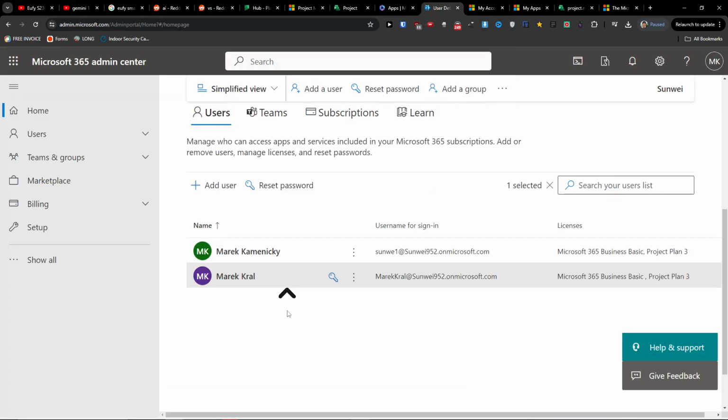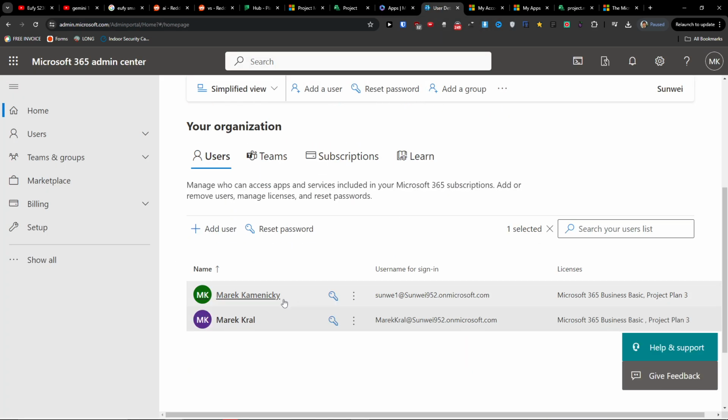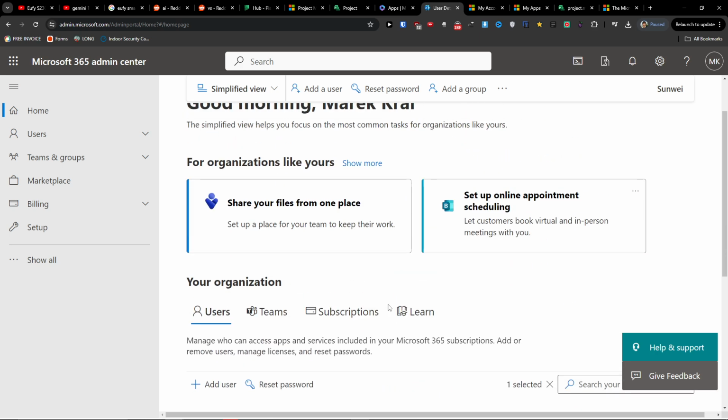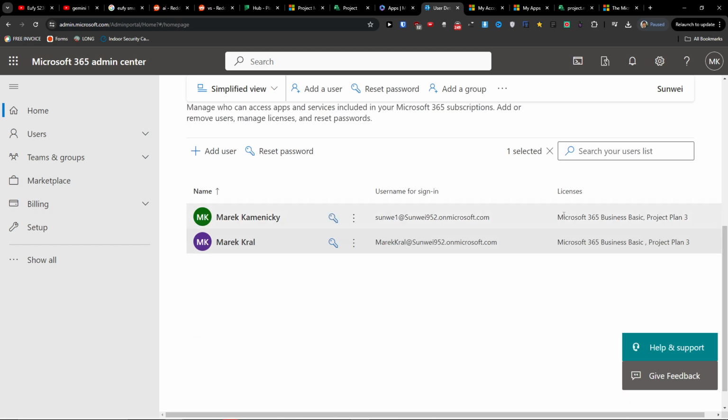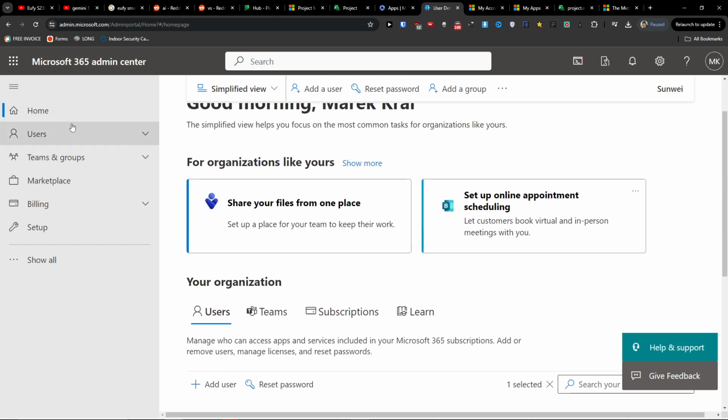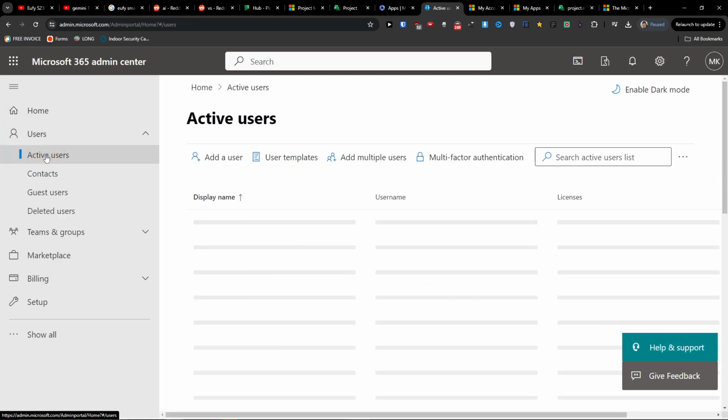It's super simple. The reason why it's happening is because you don't have a license added to your account. This is mind-blowing. Let's say you have your own account and you're going to buy a license like the Microsoft 365 Business Basic. The problem is that when you buy it, it's not automatically added to your account. So what you need to do is go to users, active users,